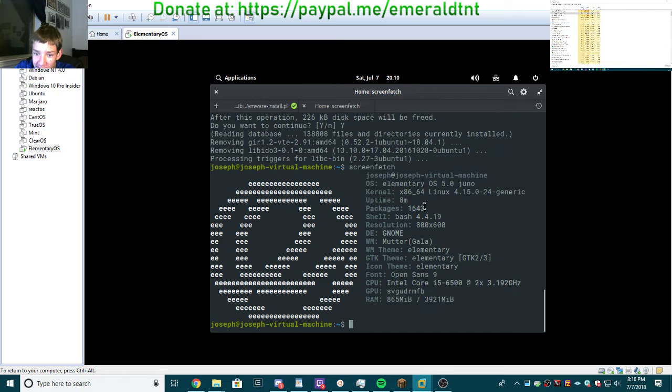So let's look into stats. V5.0, they call its codename Juno. They use Linux 4.15 kernel. Uptime 8 minutes. Wow, 8 minutes passed by fast. 1,643 packages. Bash 4.4.19 resolution. They do use GNOME, or however you call it. So yeah,